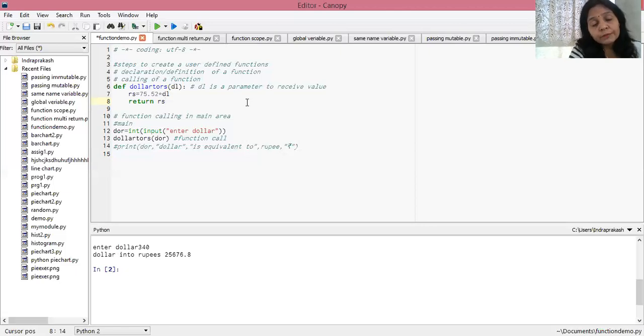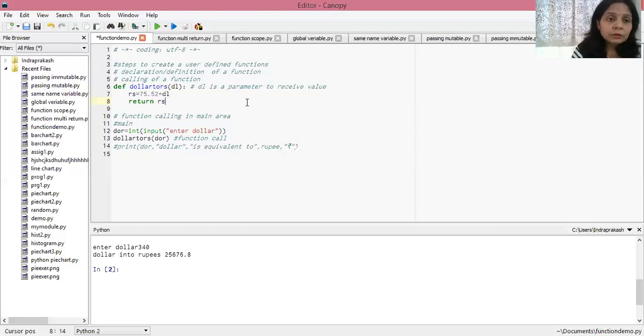If there is a requirement to access any value outside of the function for further manipulation, then we need to return that value from the function. So in this program I am returning a value from the function. For that purpose we need to use the return keyword, and after the return keyword we write the variable name whose value we want to return from the function.